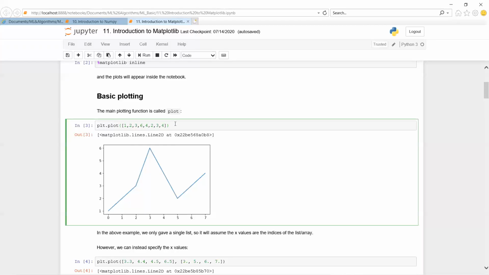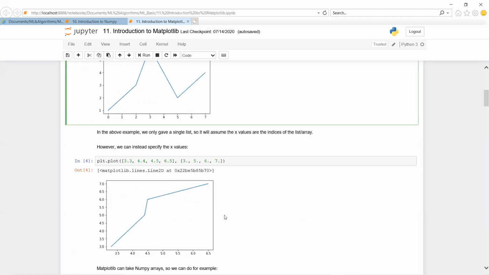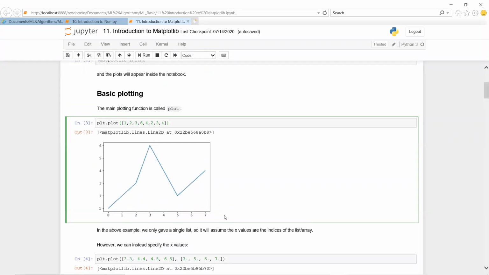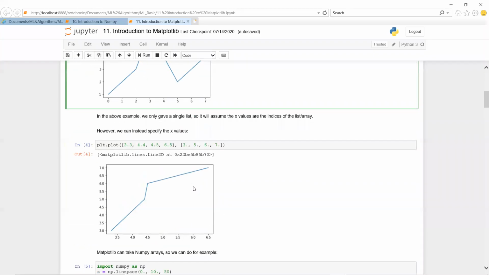If you are not representing the y-axis values, generally it is going to take 0 to 7. If we are not representing the real numbers, it will take that. So here we are representing the y-axis as 3.5, 5.6, 7 like this.